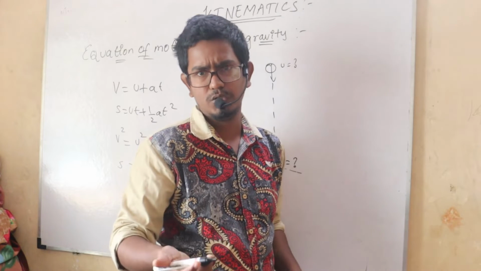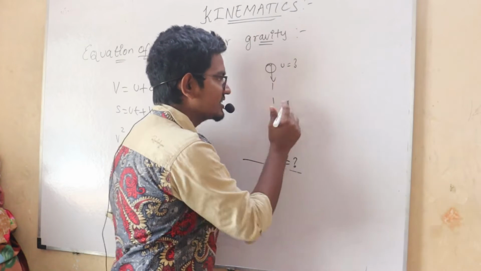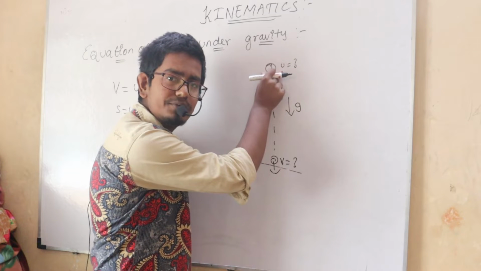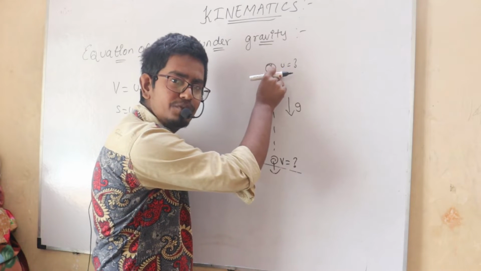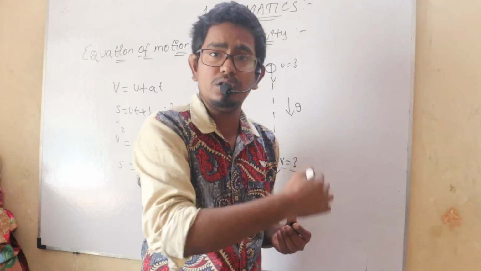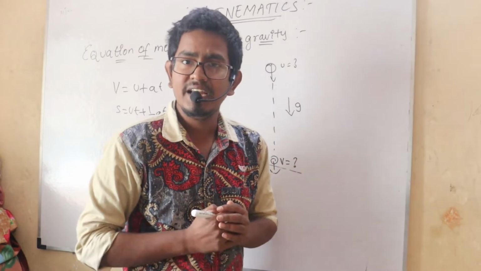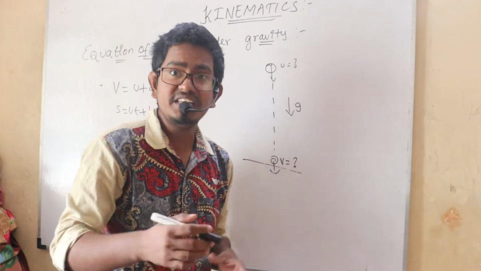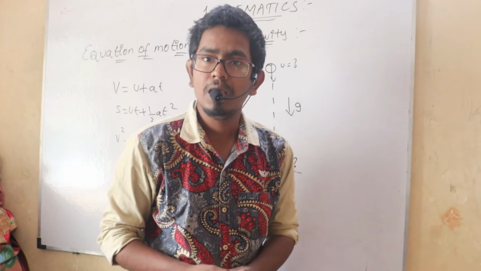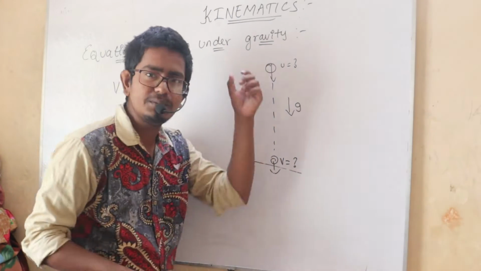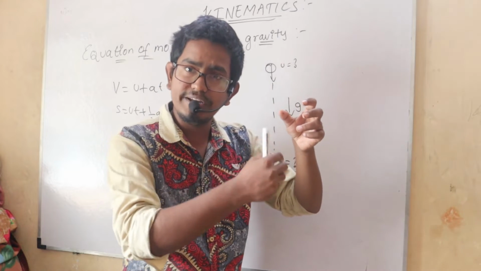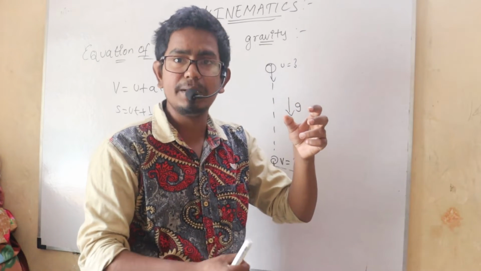My velocity is going to change because there is an acceleration due to gravity in the downward direction. Whatever object I have, whether I am projecting it or not, gravity is trying to pull that object. As it is in my hand, it is unable to do so. Why is it unable to do so? We will learn the reason while studying the laws of motion chapter. But for now, just understand that as I am holding the ball in my hand, gravity is trying to pull this object but is unable to do so.